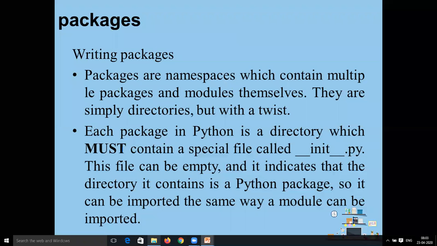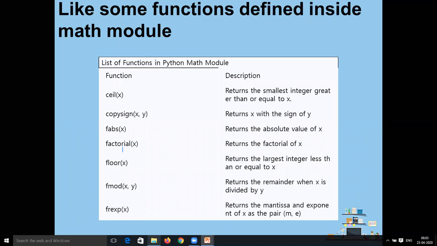Okay, so let us see what a module is. See, inside the math module, we can see some functions. There are many functions inside the math module, but some are shown here: ceil, copysign, fabs, factorial, floor, fmod, and exp.